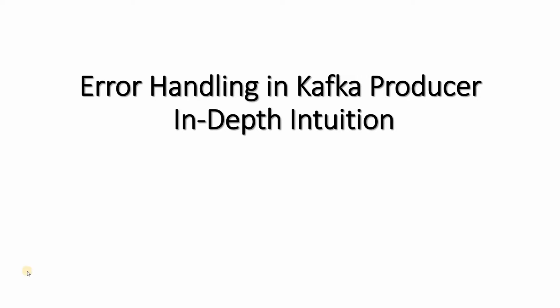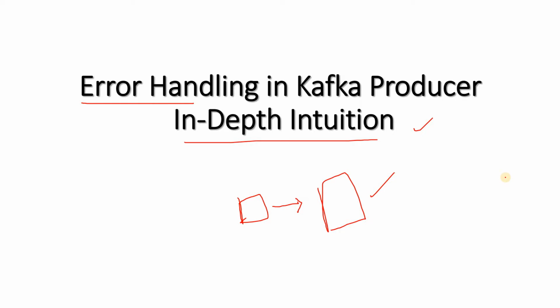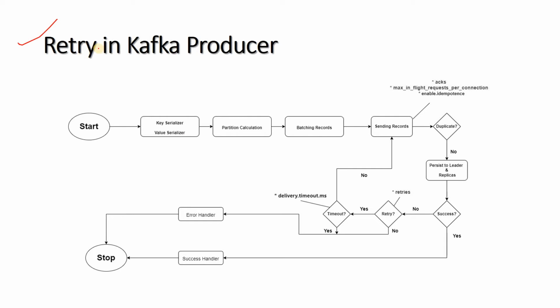Due to many reasons, it might happen the producer is not able to publish the message in our Kafka broker. Then in that case, how the error can be handled, on that only let us try to understand with several examples in in-depth intuition. So first of all, whenever you are preparing a production level code, then you should enable retry in your